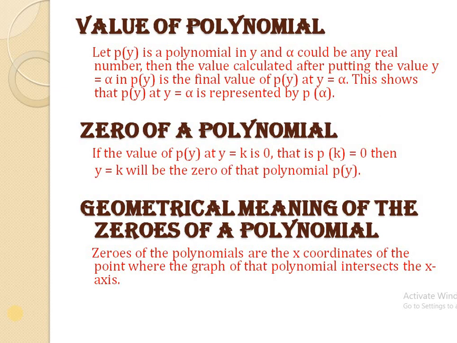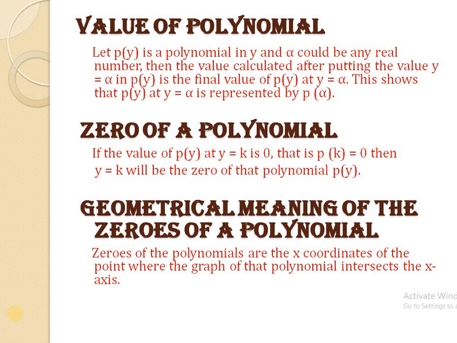Seems to be difficult? No problem. Let us take one example. For example, p(x) equals x plus 2. And you have to find the value of p(x) at x equals 2. So what you have to do is put 2 in place of x in that p(x). I mean to say, if p(x) equals x plus 2, after putting x equals 2, you will get 2 plus 2, which is equal to 4. It means the value of p(x) equals x plus 2 at x equals 2 is 4. Now clear?